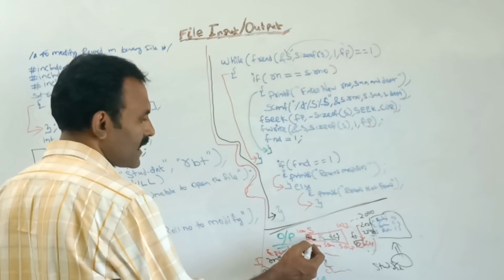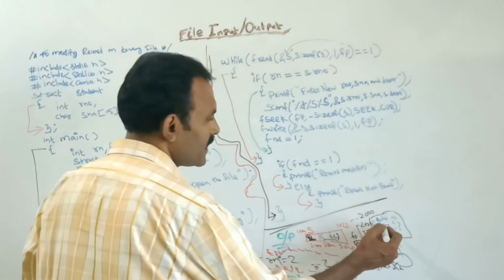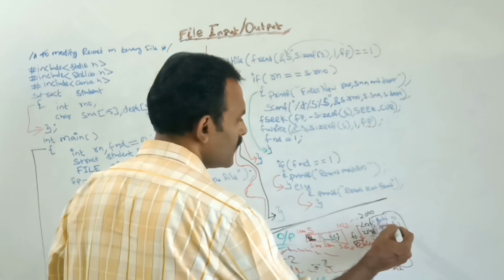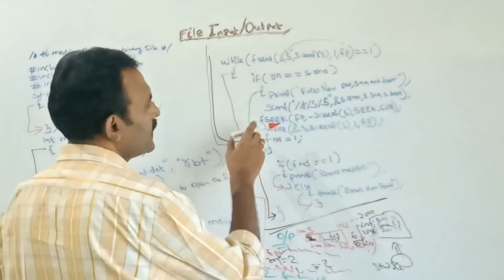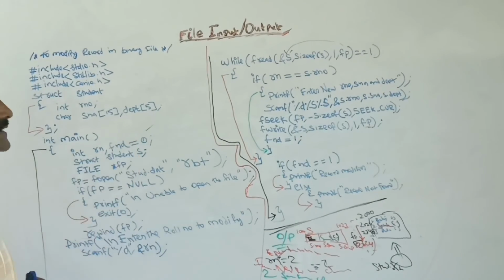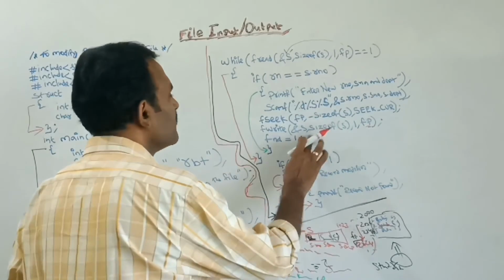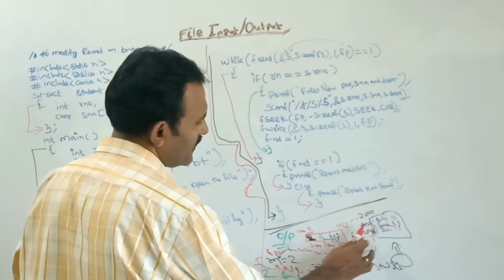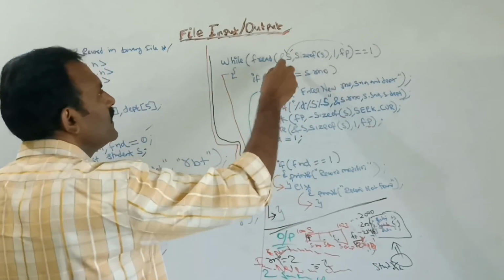Structure variable s. Now currently I had given the new record, Santosh Kumar and CS. So here it will write Santosh Kumar and after that CS. So Santosh is changed to Santosh Kumar. Next, after writing, the fnd variable, which I had initialized to 0, I am now giving the value 1. After writing, it moves to the 48th position.